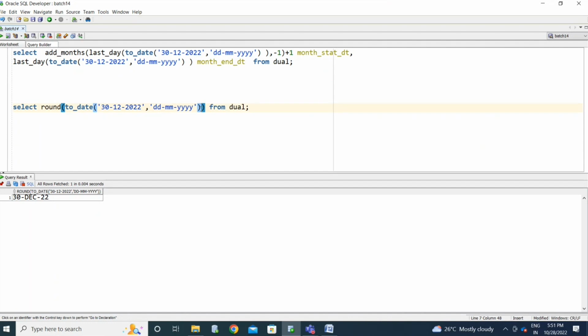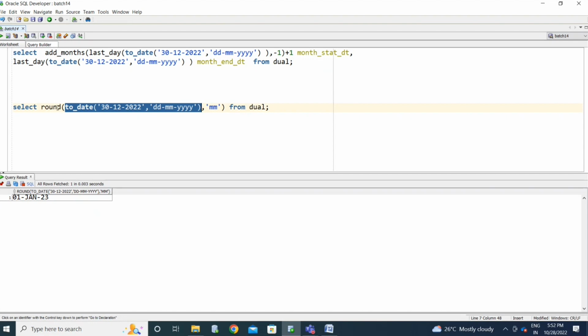So now I'm looking for the month, trunc of month. See, if I am in the starting of the month, it displays the current month's starting date. If we are in the second half of the month, it displays the next month's starting date. You can check here. It is displaying 1st January 23 because you are in the second half of the month, so it displays the next value.